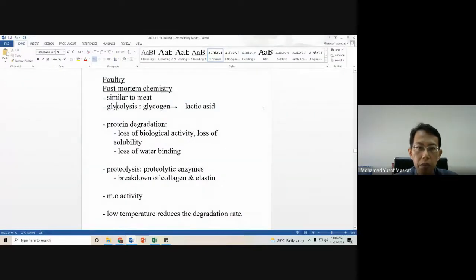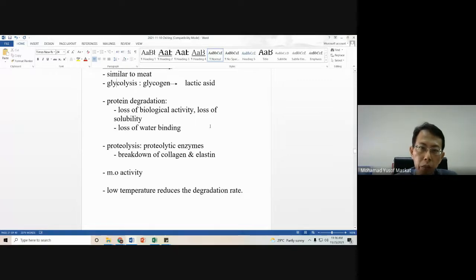And then what happens is protein degradation, because after death there will be no process for homeostasis, the preservation of the physiological condition of the animal. So there is loss of biological activity, loss of protein solubility, and loss of water binding ability. Because protein not only has its benefits from a nutritional point of view, but when we talk about food products, protein also has its functional